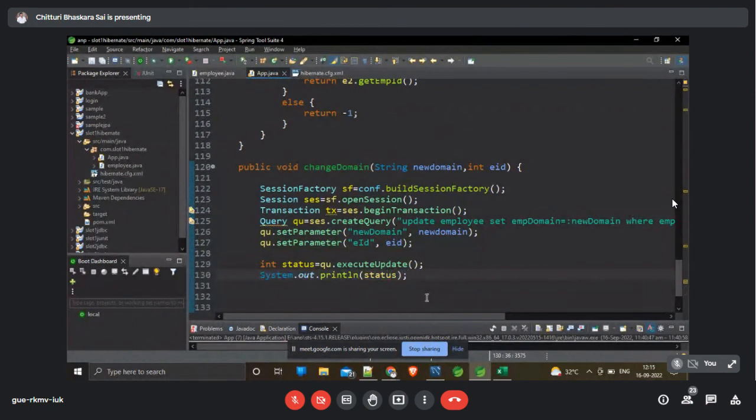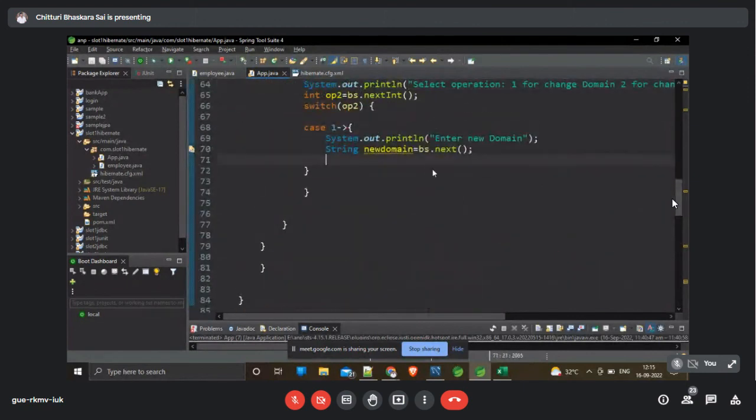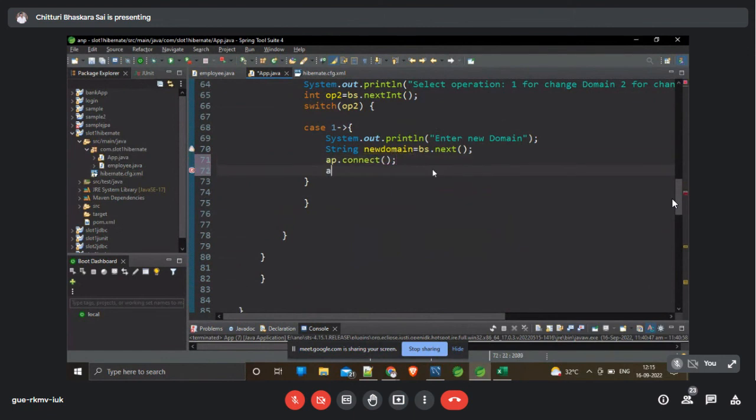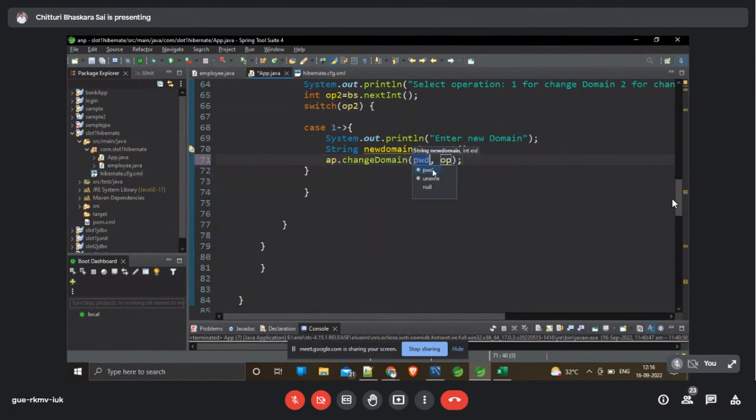Okay, so we created a change domain method. Now we have to implement this in the main. Come to the main here. We have to call the method, no? So ap dot connect. First we need to connect. Actually, I think we already had a connection with the database, because we are doing all these things after getting the login only. Login already has a connection, no need to get a new connection. So now we can call ap dot change domain, where we can pass the new domain,